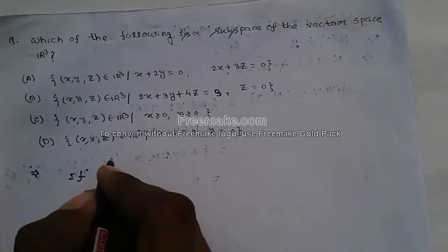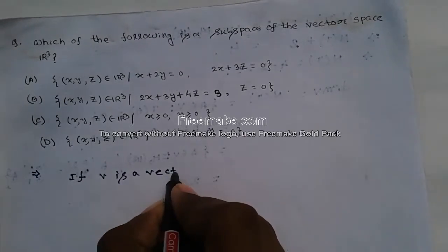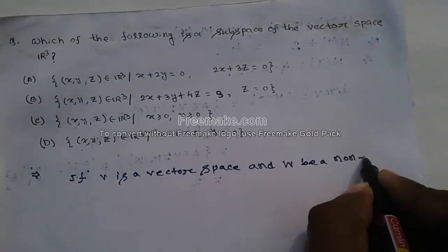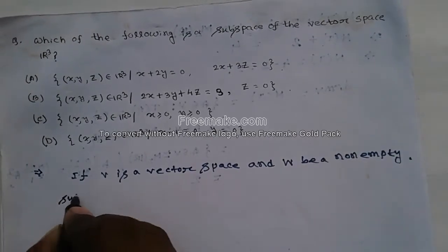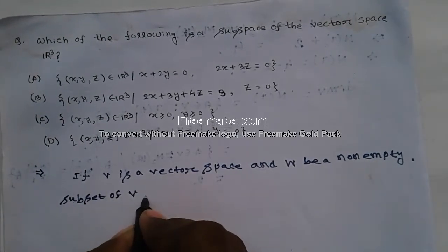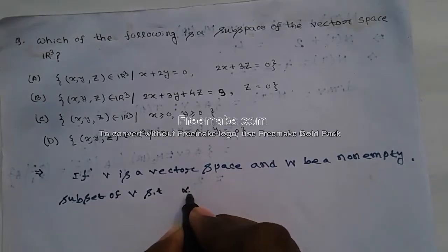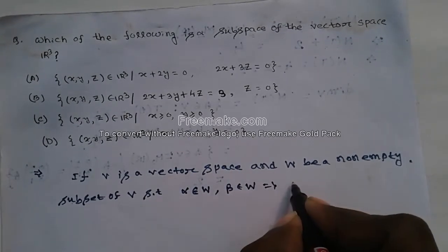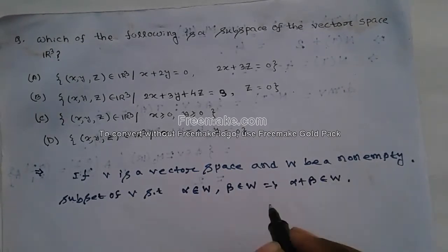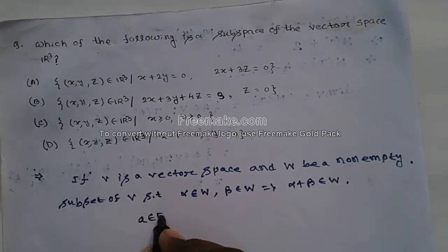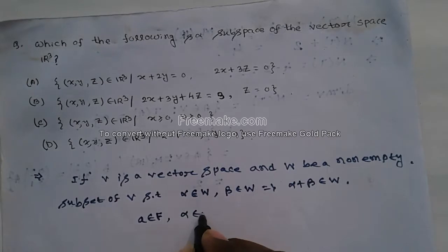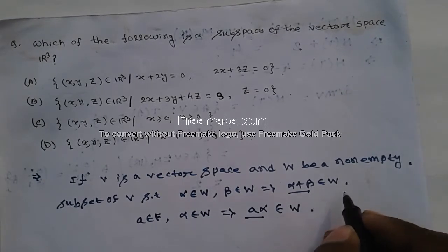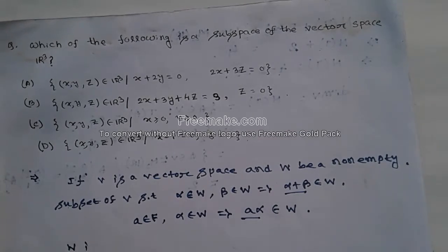If V is a vector space and W is a non-empty subset of V such that alpha belongs to W and beta belongs to W implies alpha plus beta belongs to W, and for a scalar a belonging to F, where V is a vector space over F, alpha belongs to W implies a alpha belongs to W. If the two conditions hold for a non-empty subset W of a vector space, then W is called a